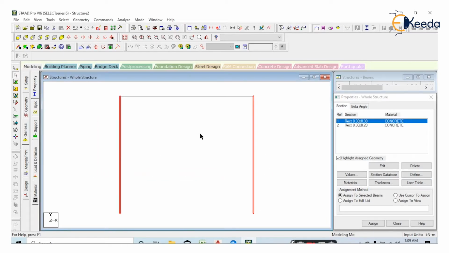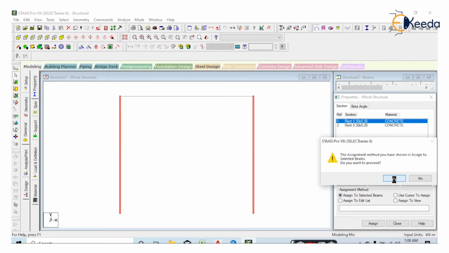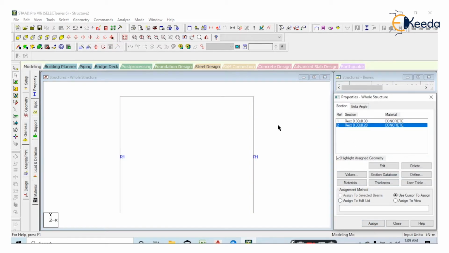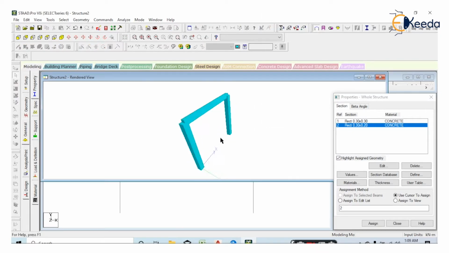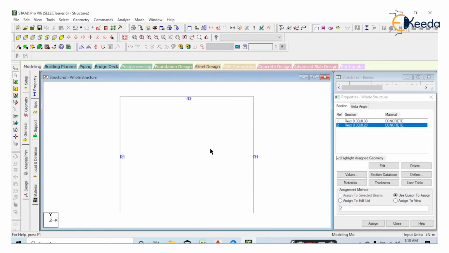Just select both the columns, assign to selected beams, assign, and yes. Select the next property, select that particular beam, assign to selected beam, assign, and yes, right? We assigned the properties. Just verify from 3D rendering.